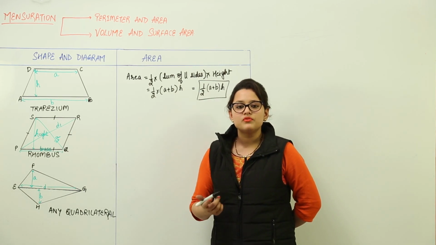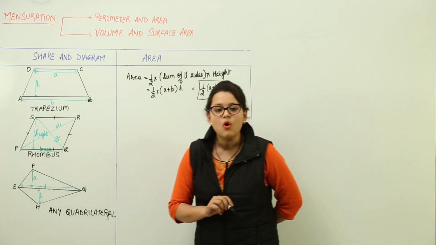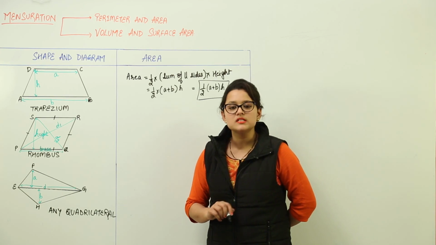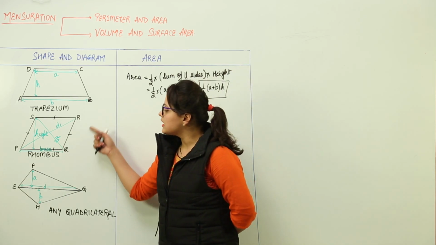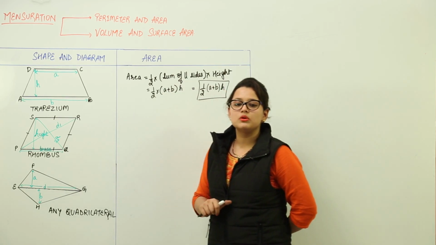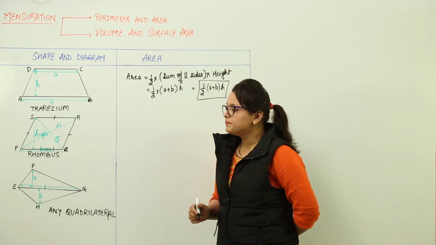Now where does the difference come out? The difference is in their angles. In a square, all the four angles are of measurement 90 degrees, whereas this is not the case in a rhombus. We do not have each angle equal to 90, right? So that is the difference between a rhombus and a square.